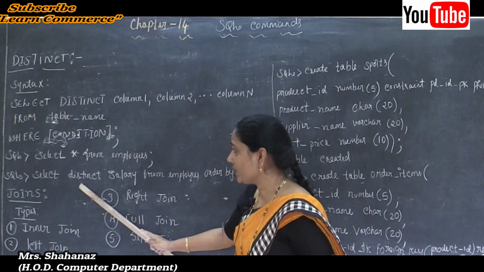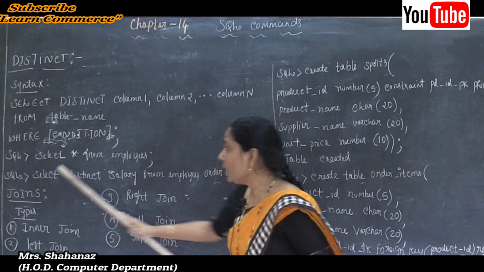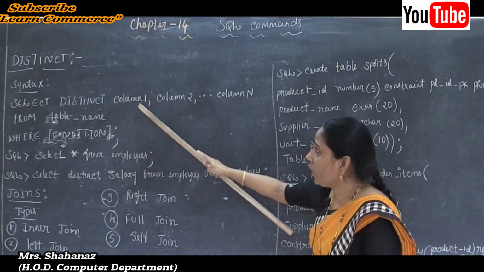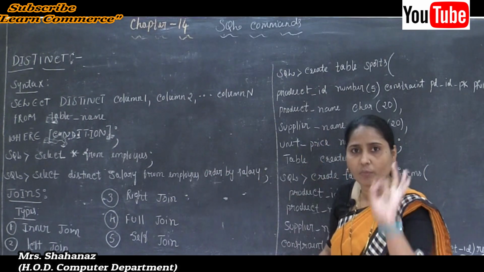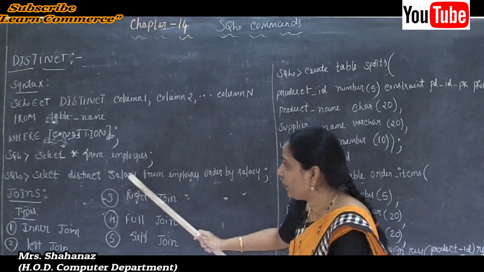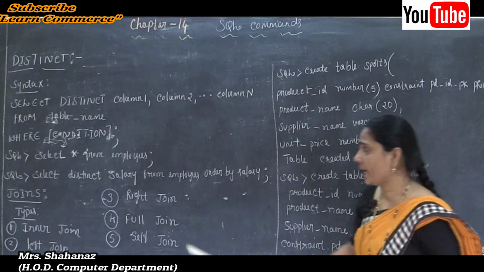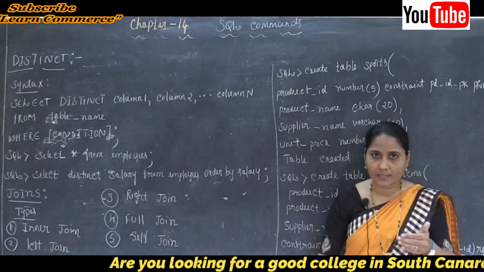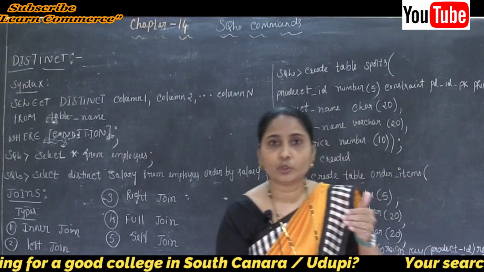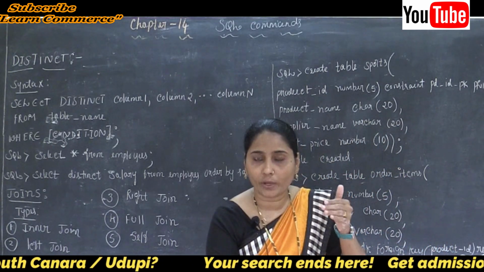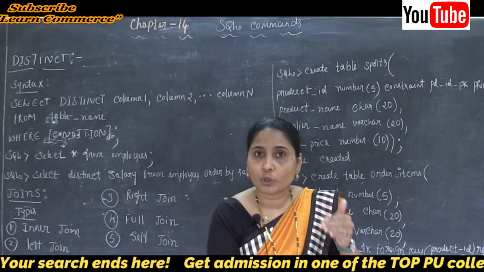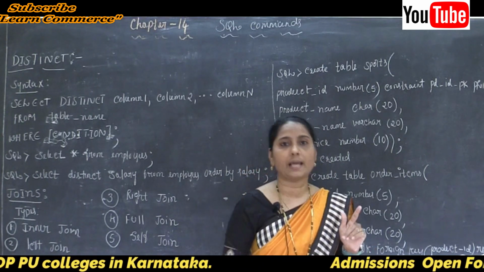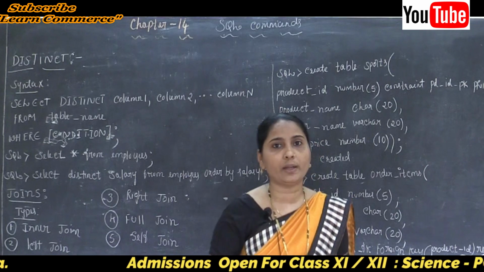Now I am using the DISTINCT basic syntax. So SELECT DISTINCT salary. Why? Because after DISTINCT comes the column; many columns are there, but I don't want many columns, I want just one column of the table employees. That is salary FROM employees ORDER BY salary. I want to access the salary column, and I want to show whatever values are there in the salary column only one time, uniquely. If multiple records are there in salary, it is going to show all those salary values only one time.